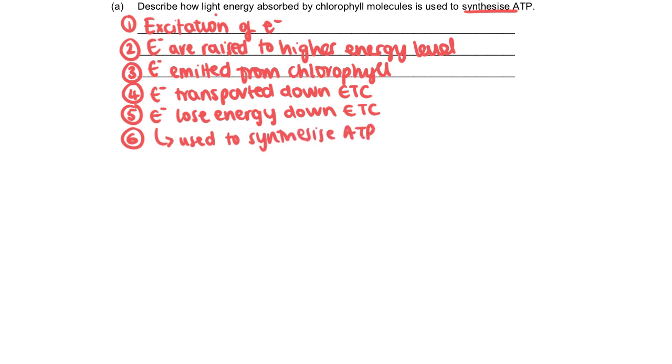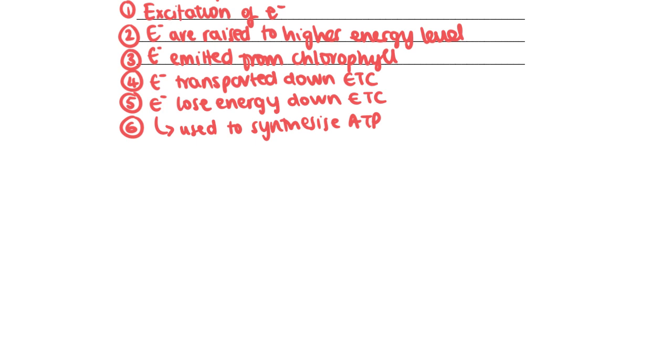And if you'd thought about the question thoroughly, you probably will have mentioned the electrons and stuff, and lots of you did pick up a couple of marks here and there, but lost the full marks for this question. So part 7 is just to say that ATP is made